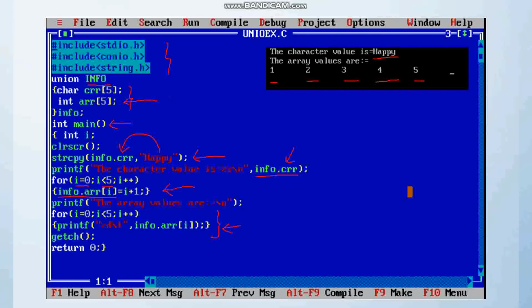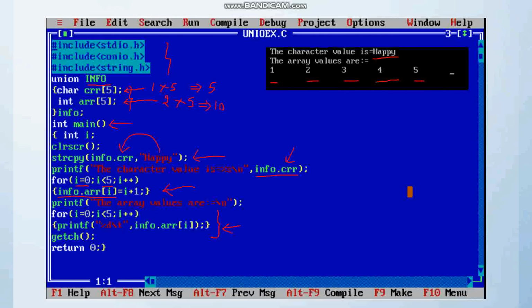For one integer we need 2 bytes. There are 5 integers, so total size is 10. For character we need 1 byte. There are total 5 characters, so the memory required is 5 bytes.